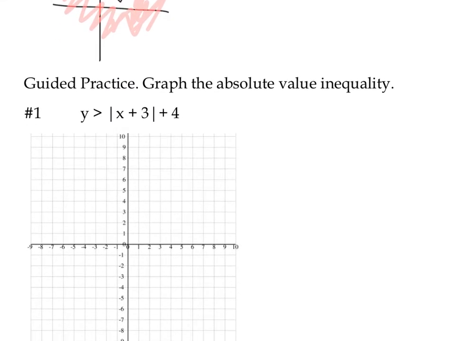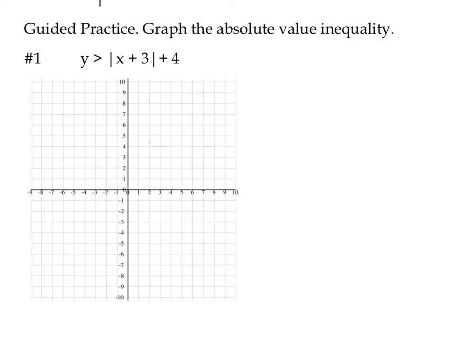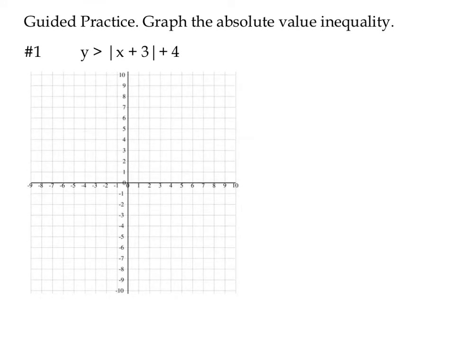Okay. If we want to graph this absolute value inequality, the first thing we need to do is graph the inequality like there was an equal sign there. So we're going to do this as if this was an equal sign. Okay? And we can get a vertex from the equation. The vertex is going to be at -3, 4. We get that from our x minus h, y plus k. Okay? So we get our x and y values from our vertex like we did any other time we had an absolute value. And if we plot that point at -3, 4,